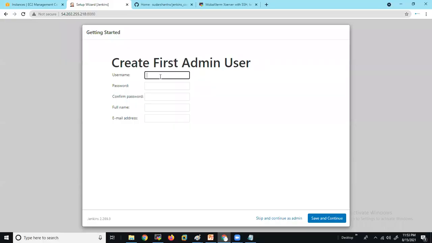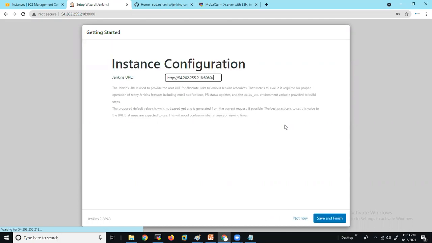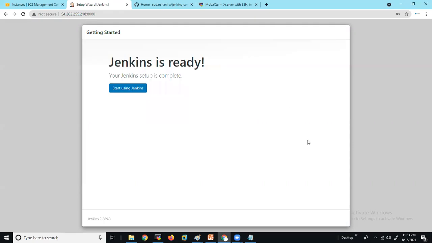Now it will ask for an additional username, in case we miss the existing username, as an additional backup. So let us give admin, give some default password, and admin@example.com. Save and continue. Almost done. Now the main Jenkins UI will be started.